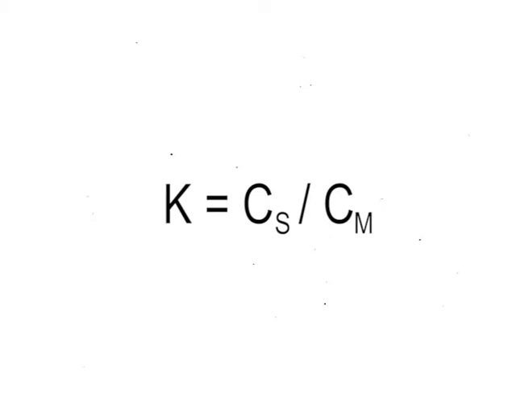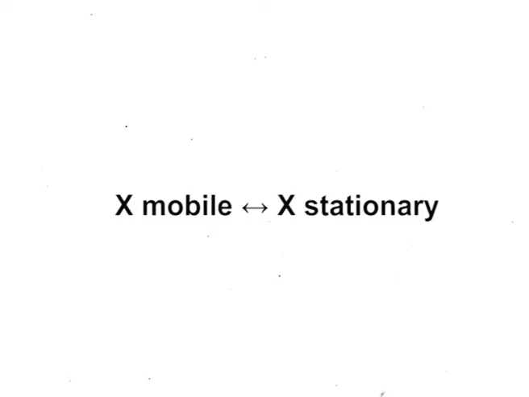The equilibrium constant or partition coefficient K for this reaction is defined as Cs upon Cm, where Cs is the molar concentration of the solute in the stationary phase and Cm is the molar concentration of the solute in the mobile phase. Most of the chromatographic separations are performed under the linear conditions, that is, Cs is directly proportional to Cm. Thus, for the solute X, it may be written as X in the mobile phase and X in the